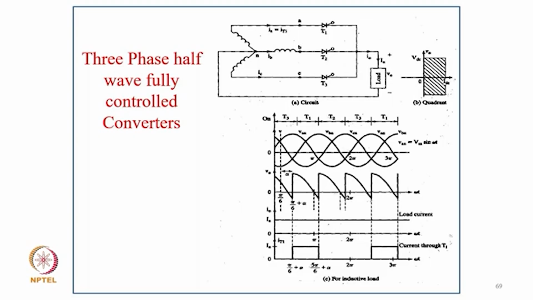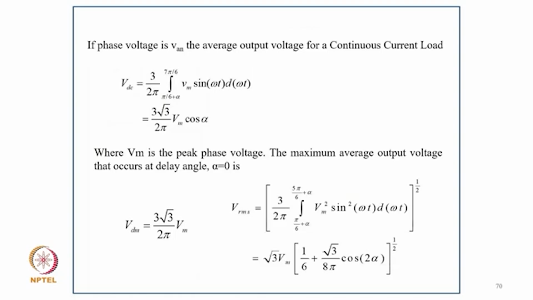So coming to the 3-phase full half-wave controlled converter with the 3 thyristor diode, you can see how the output voltage, how typically the load current, and how the supply current behave. So coming to here, if phase voltage Vn is the average output voltage, for continuous load current VDC equals 3 by 2 pi integral from pi by 6 plus alpha to 7 pi by 6 of Vm sin omega t